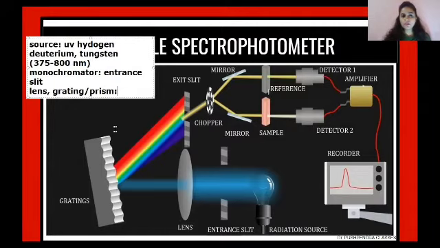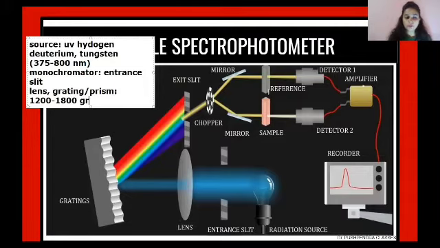The only difference between using a grating and a prism is that a grating will have around 1200 to 1800 grooves, which will be exactly like those of a prism. So it will have multiple bends exactly like a prism, so that the entire grooves can function as prisms. Then the entire polychromatic radiation passed from the lens will strike the grating surface, and then they will release it in the form of VIBGYOR, which is nothing but the visible spectrum range.